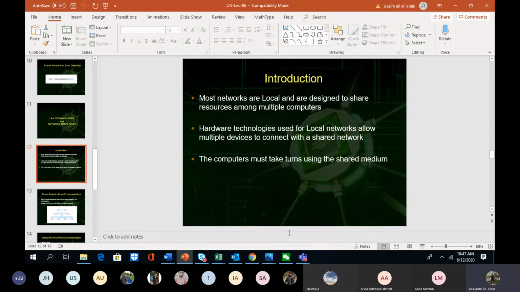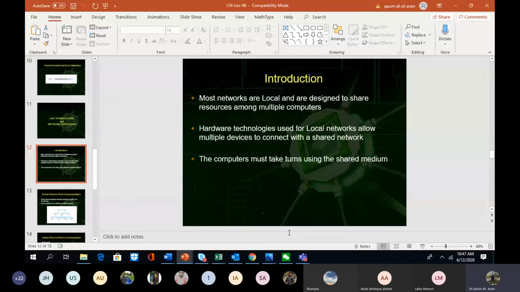I mean to say that if computer A wants to send data to computer C, let's suppose there are 3 computers connected with a bus topology. So a LAN is connected in a bus. Now if computer A has to send data to computer C, what is going to happen? Computer A first checks whether the medium is free to send the data or not. If it is free, meaning there is no signal on that particular medium, then computer A would send the data over the medium, and that data would be received at the receiver's end.